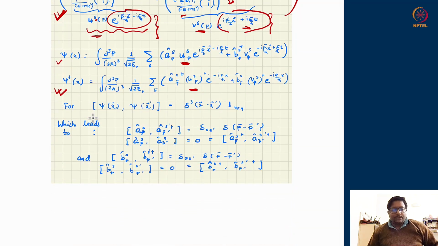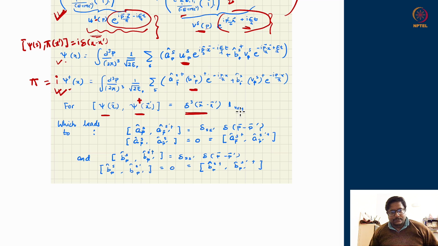Okay, so now we know that psi and psi dagger which we have obtained are not just independent quantities anymore in the phase space, but iota times psi dagger is supposed to be the momentum conjugate to psi. So the conjugate momentum of psi is pi, which should be iota times psi dagger, and I know that psi of x and pi of x prime should satisfy iota times delta of x minus x prime. So there should be a non-trivial commutation relation between psi and psi dagger, which should therefore be delta functions up to an identity 4 cross 4. Why this identity 4 cross 4?